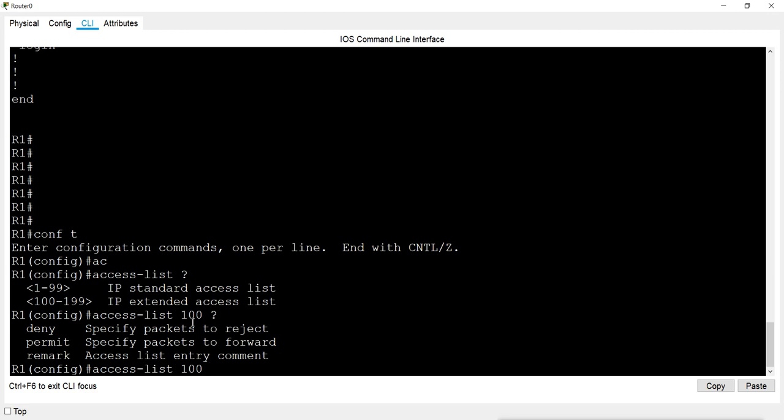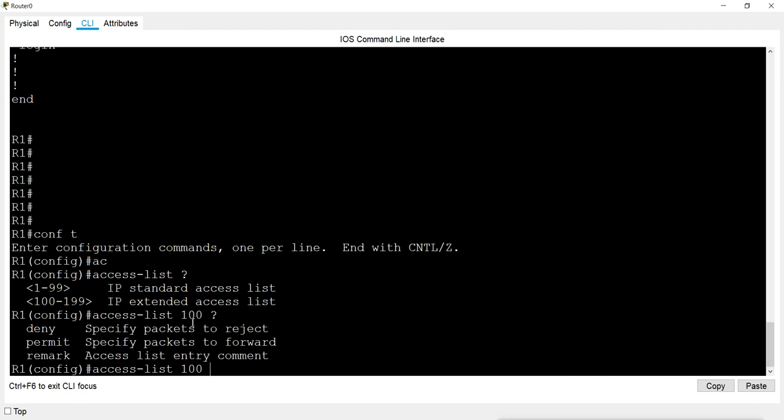Now remember the sequence of access list. Whether you are creating an extended list or standard access list, you have to make sure the sequence is correct.